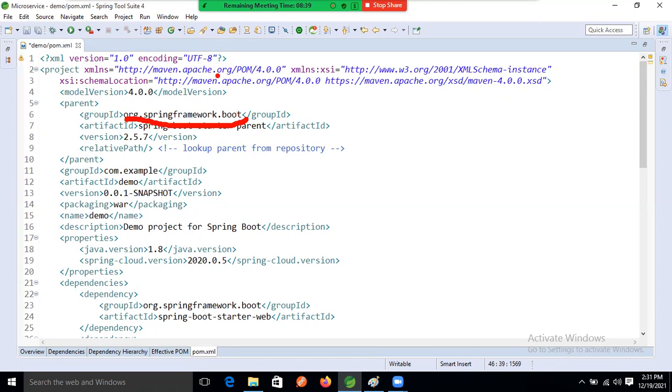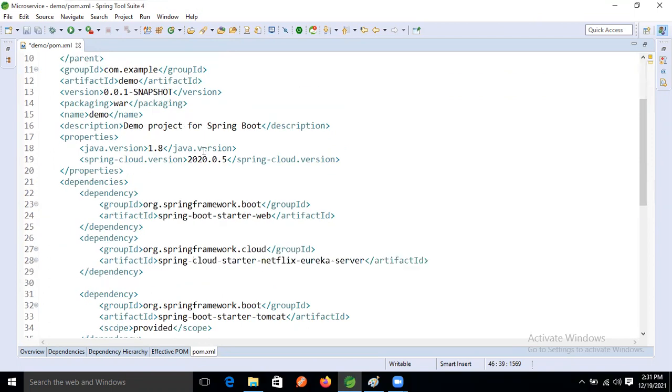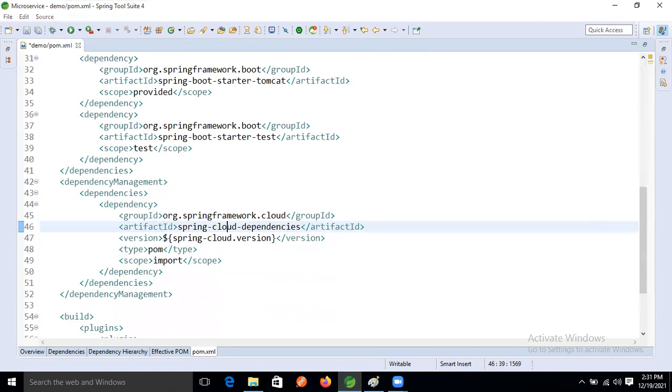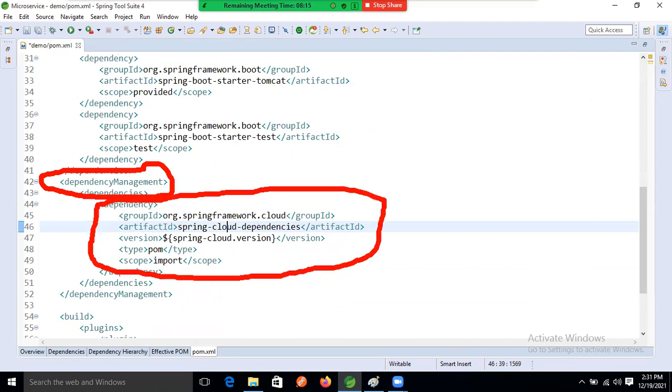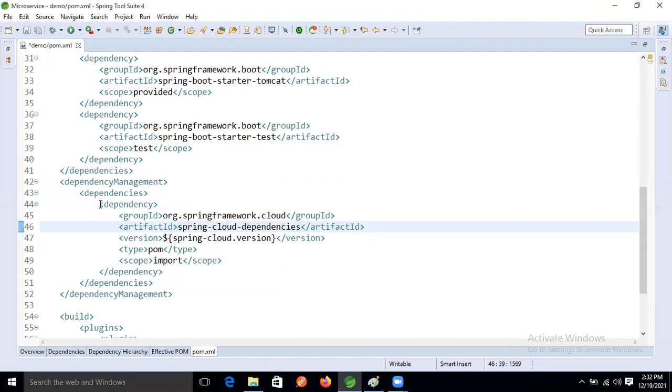And to build both projects together, what tag is needed in the same project? Dependency management. And there we are adding the parent project dependency, right? Clear? I hope people are clear about this one, right?